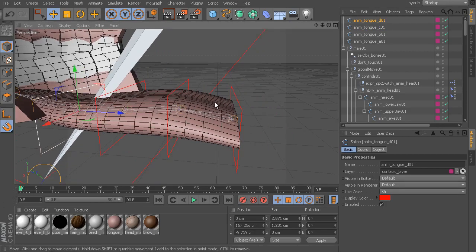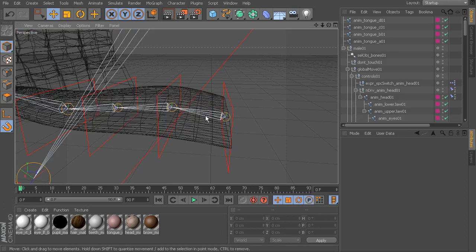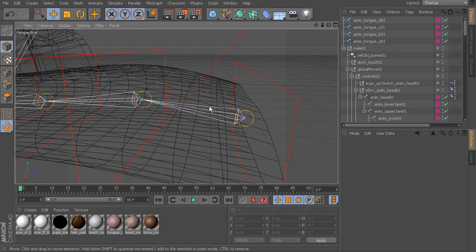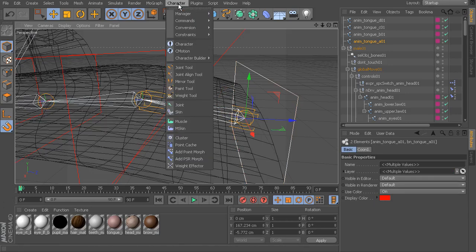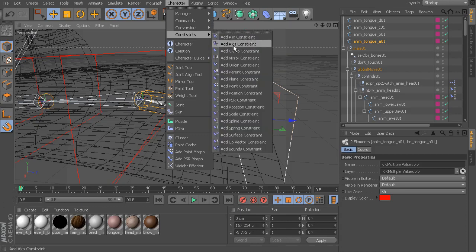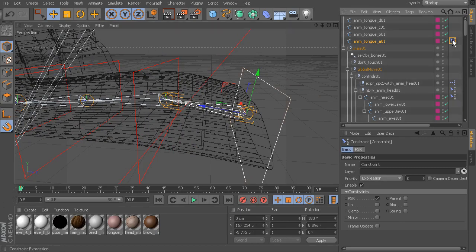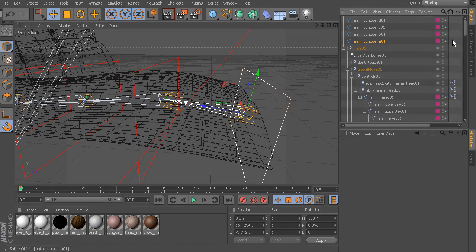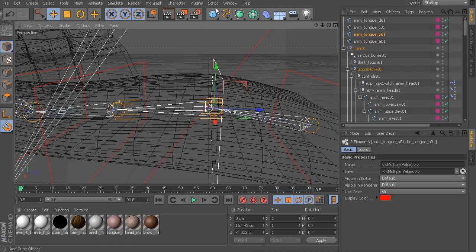Alright, so it's just a matter of going in. I might go to wireframe mode. It's just a matter of selecting the control followed by the joint object, and then we can use a rotation constraint to match the orientation. Then we no longer need the constraint object, so we can delete that tag. And we'll do that for the next joint. So select the control, select the joint,